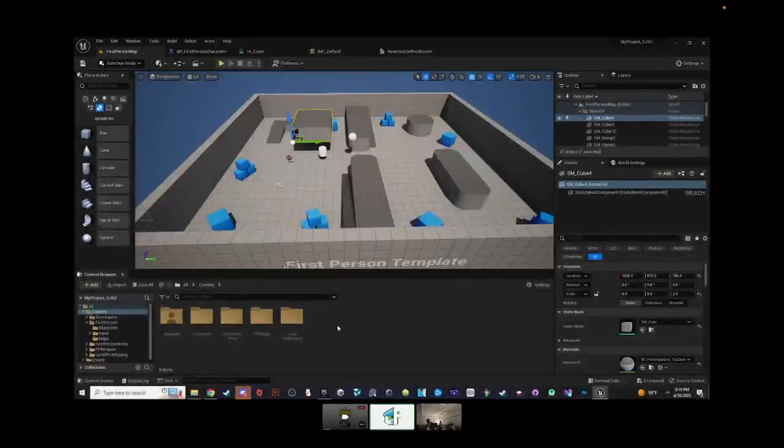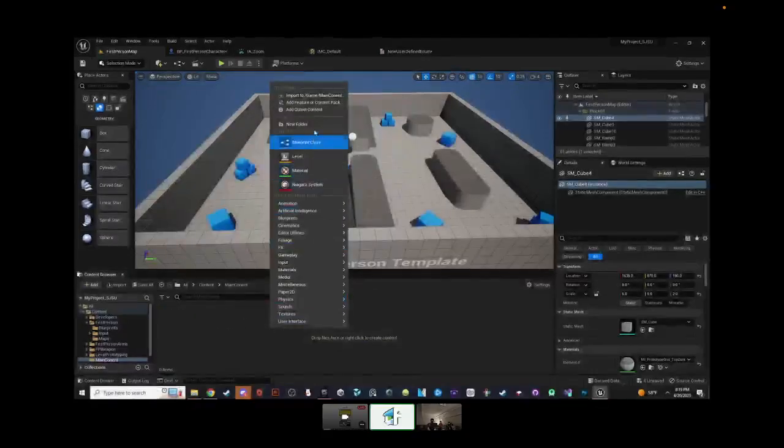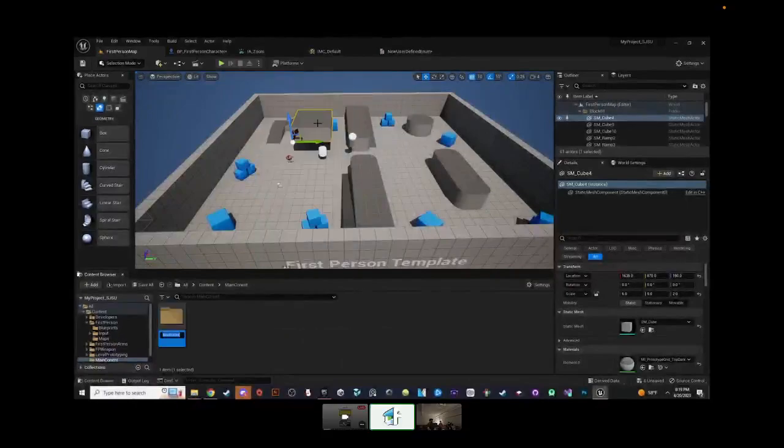I would make folders. Let's say right click, new folder, and I will name it Main Content, because that's going to be the main stuff I'm focusing on, since there's a bunch of other stuff that Unreal provides that I may not need. So I would make my own folder called Main Content, and then make another subfolder for my blueprints, call it the Blueprints folder, and I'll go from there.